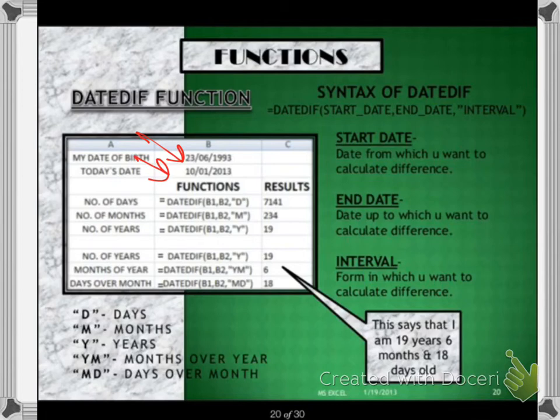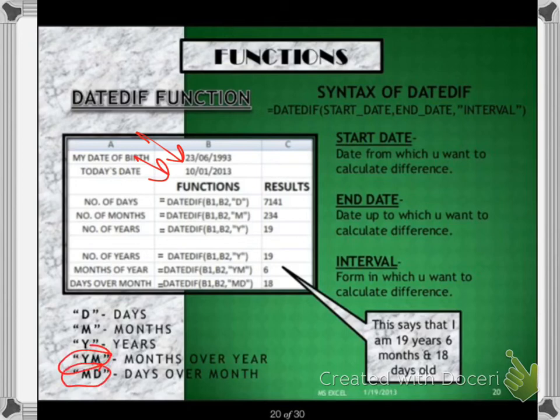So what does this say? This says 19 years, number of years. Now see, we can even do a combination. Combination means to be more precise. If we find out the number of years, YM, months over the year, how many months old as per the year, and how many days as per the month, we will use two parameters, YM and MD.